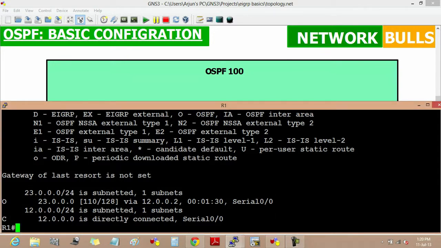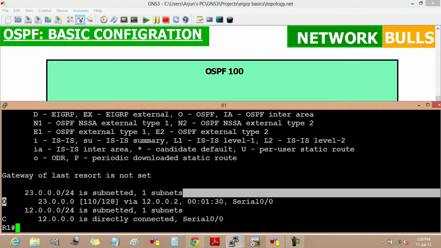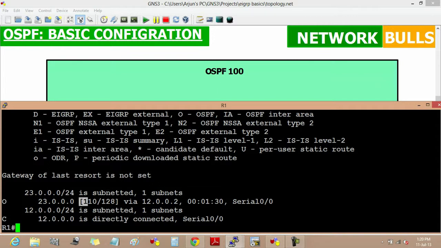So it means that the routes learned by OSPF are symbolized by O. The AD value here is 110, which we can see.